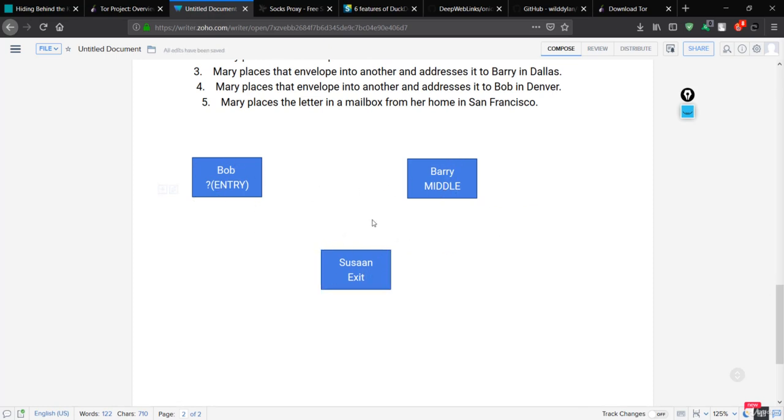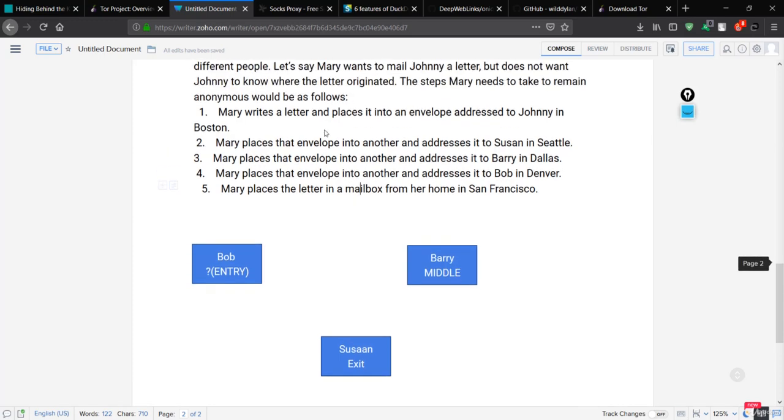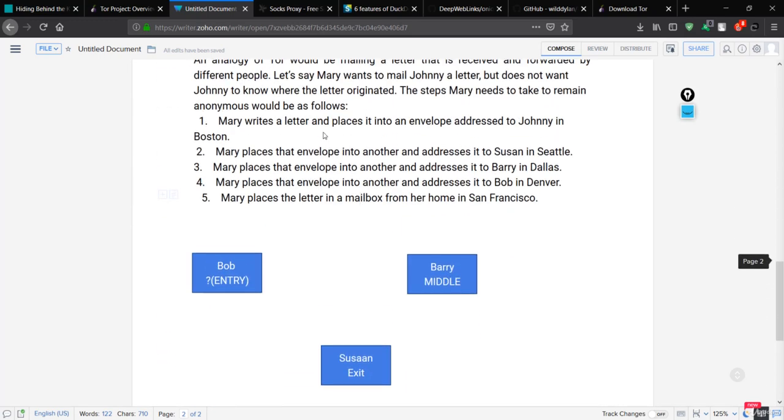So they are Tor nodes. That means this envelope we are talking about represents a layer of encryption, and this inner content will be encrypted in the envelope. Just remember that every party here, which is Barry, Susan and Bob, the metaphor for our Tor browser or Tor links or Tor nodes, will just unwrap the first envelope. So they only decrypt the first part of the message and not the whole message. That is very important to think about with the Tor browser.